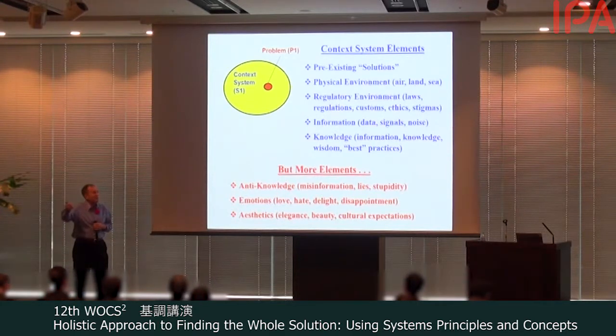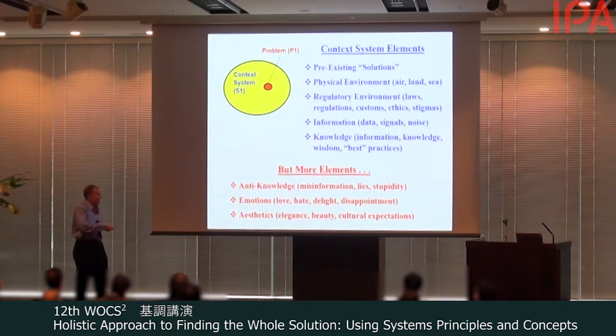Is it elegant? Is it simple? It's a lot of the aesthetics that lead to usability. So we talk about user-friendliness. Well, aesthetics can have a big impact on the user-friendliness of our systems. And when systems are not user-friendly, that means they're difficult to use. That means they may be less secure. Means they may be less safe. So aesthetics may have a big impact on the success of your system. So notice if you look at all these system elements all together, you may need to spend quite a bit of work understanding the entire context system before you even try to solve that particular problem.